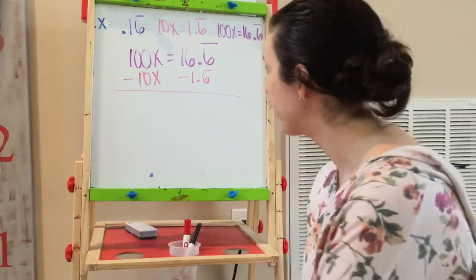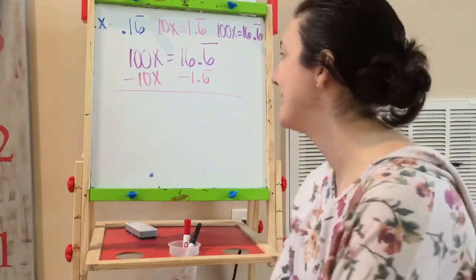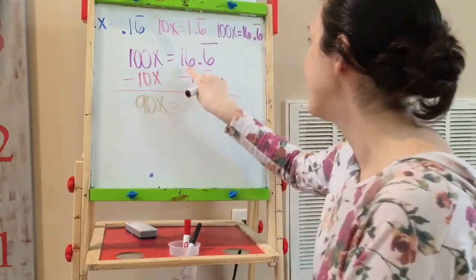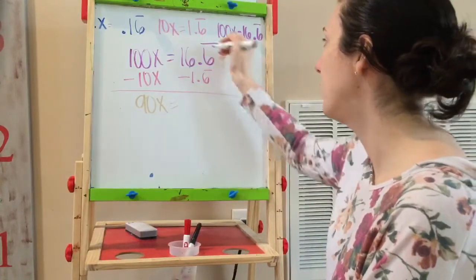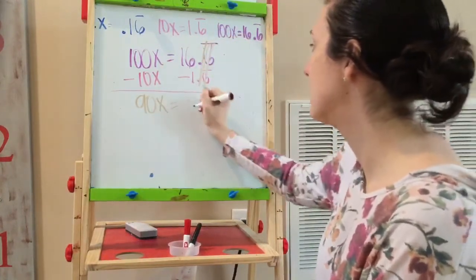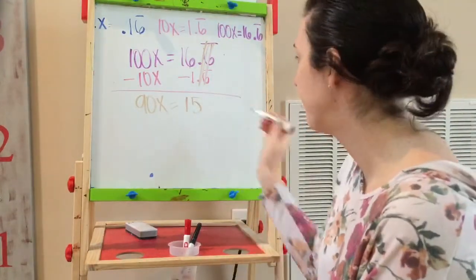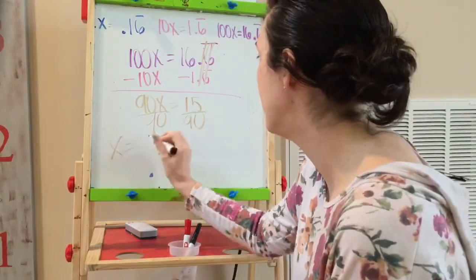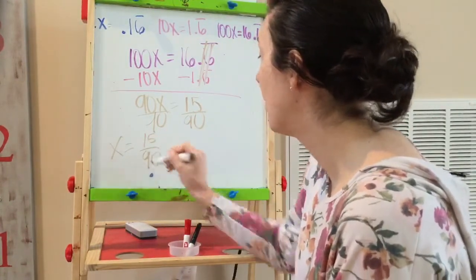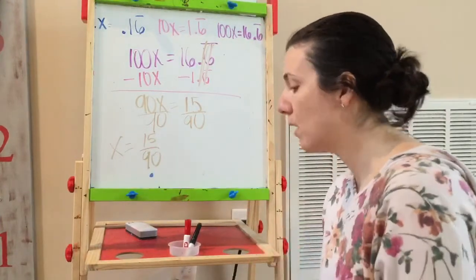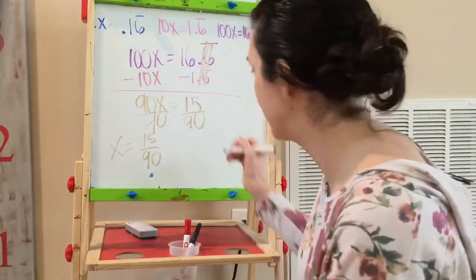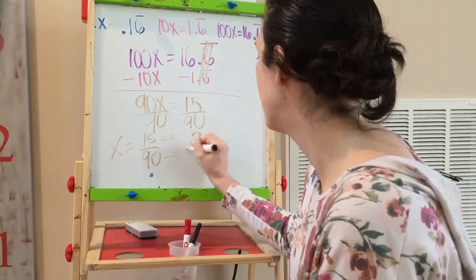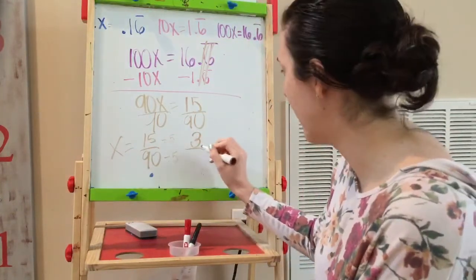So now, all right, 100x minus 10x is 90x. And 16.6 repeating minus 1.6 repeating, those go away, so 16 minus 1 is 15. Using inverse operations, I get that x is equal to 15 over 90. And so both of those are divisible by 5, so that's where I'm going to start. If I divide by 5, 15 divided by 5 is 3, and 90 divided by 5